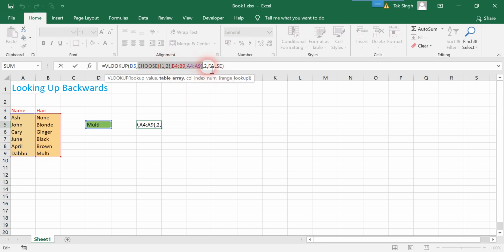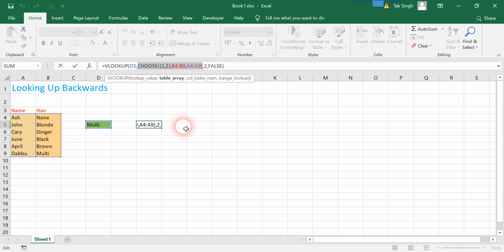And we are asking it to return column number 2 as output. Now our column number 2 is this first column A, and it is going to always look up in column 1. The VLOOKUP function always looks up the lookup value in column 1, and now we have defined column 1 as B4 to B9, that is this column over here. So it is looking up in this column now, even though it is the second column on the Excel sheet, but for the VLOOKUP function it is the first column, and it is returning the second column as output, which is the first column on the Excel sheet, but for the VLOOKUP function it is the second column.